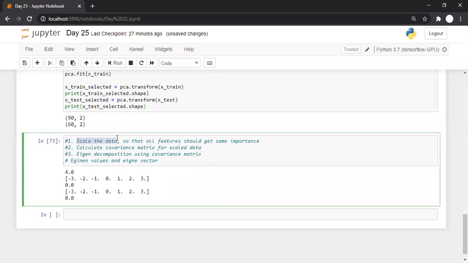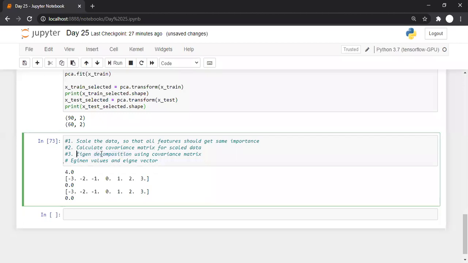First, scale the data so that all the features will have equal importance. After that, calculate the covariance matrix for the scaled data. Once the covariance matrix is calculated, we are supposed to calculate the eigenvalues and eigenvectors.